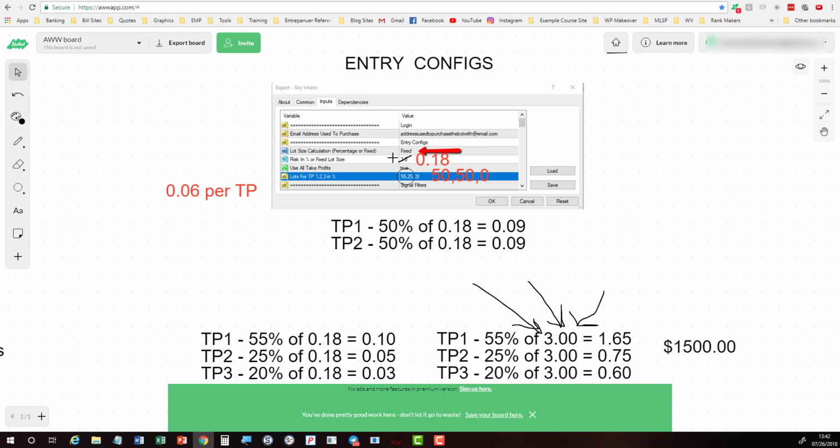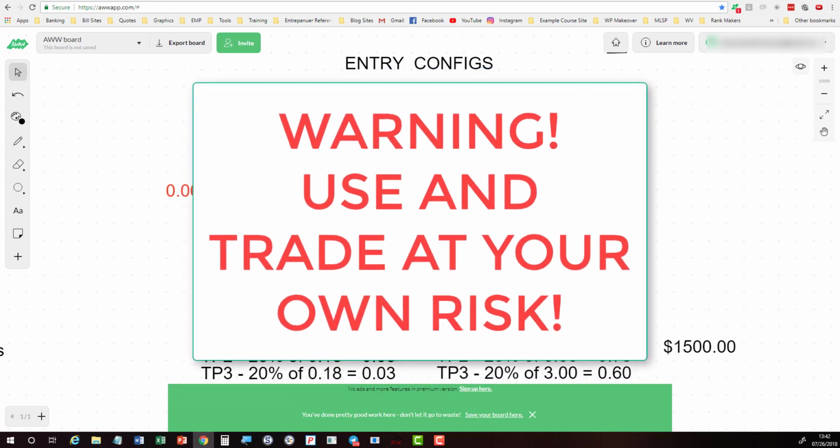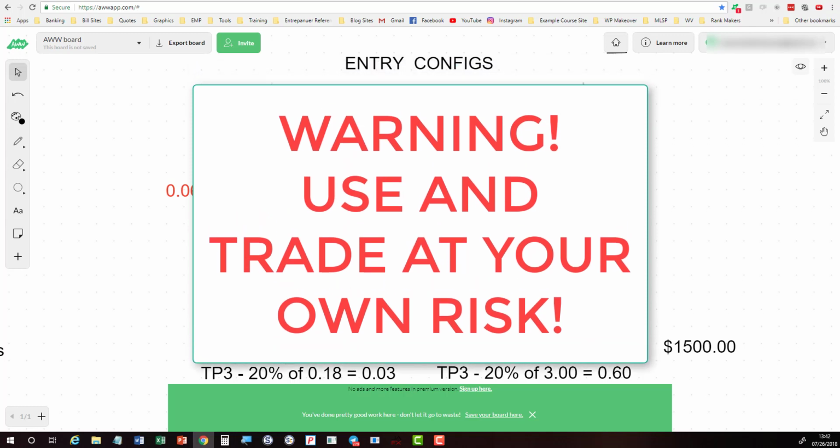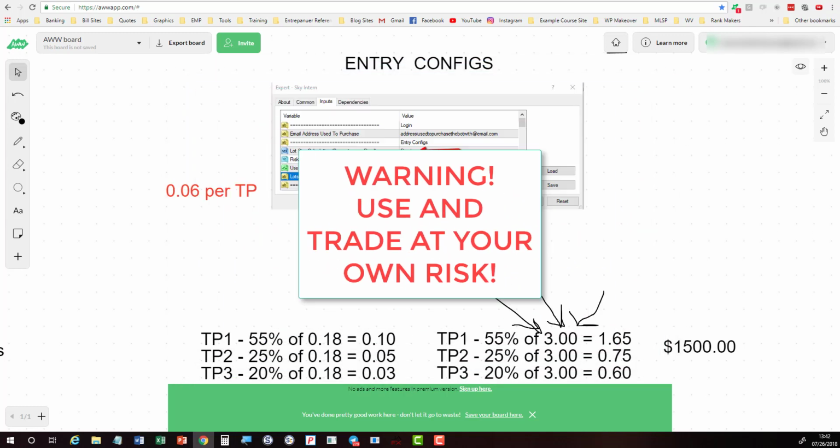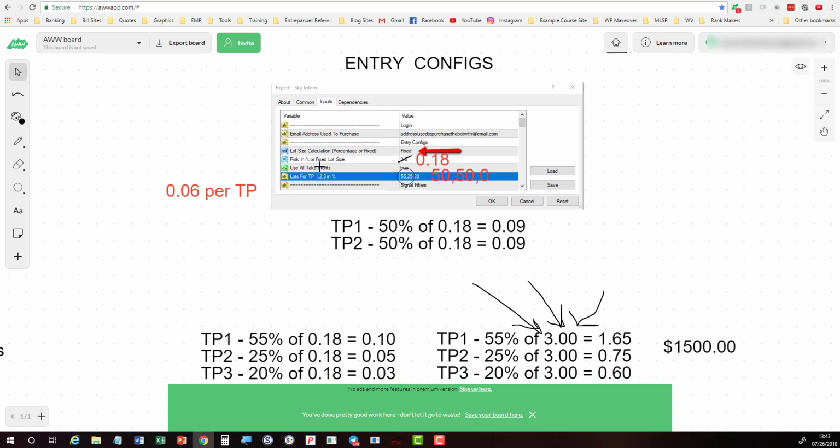Now, the option is still there, folks. Trade at your own risk. This is completely up to you and how you do that. There's a bunch of different strategies. You probably can adjust these settings using the trail stop and using a false, use all this to take profit, change that to false. You can use it various ways. But the important thing that I want to make sure is that you understand the difference between fixed and percentage and what you could potentially lose if you're not paying attention to it. So be very, very vigilant about how you set that up. Make sure you double check, triple check, especially if you have a very small account